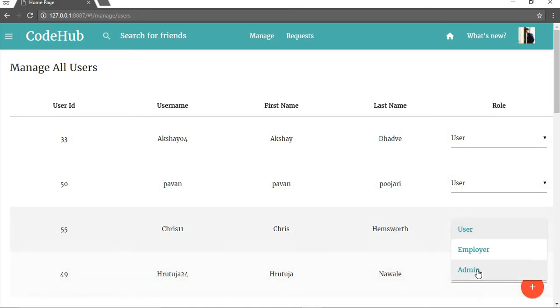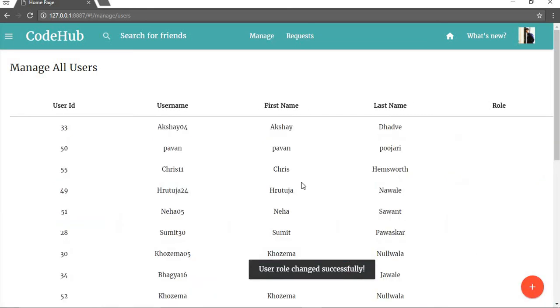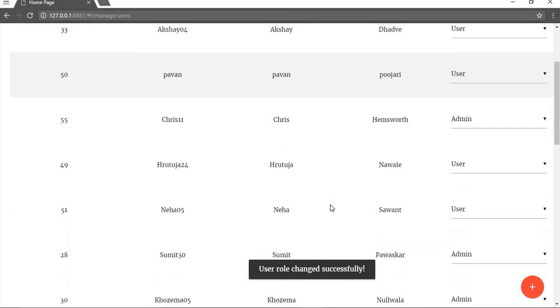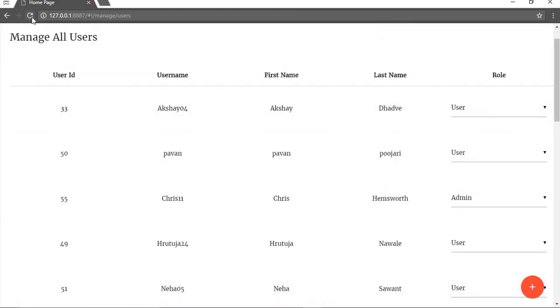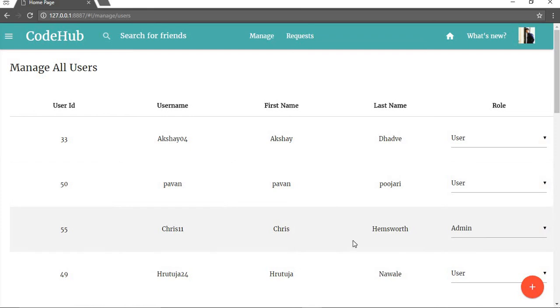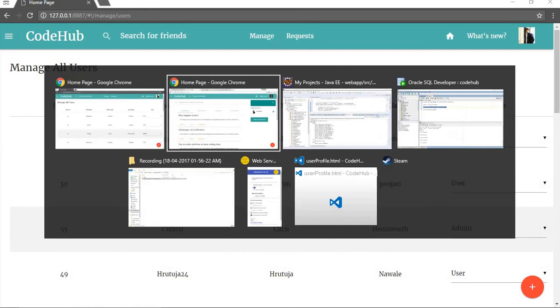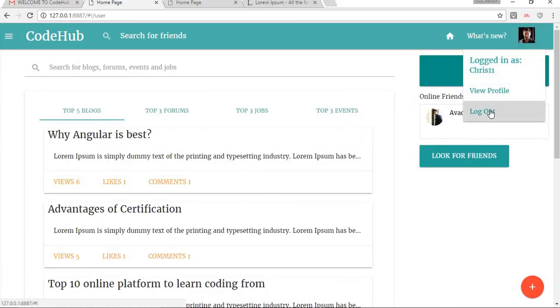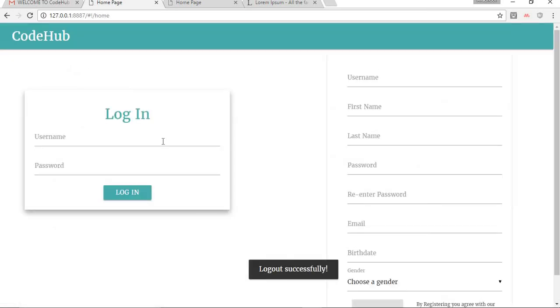So what we are going to do is select the admin and just refresh the page to make sure that his role has been changed successfully. Yes, so the role has been changed. Now what we are going to do is log out first and log in again. So here I am going to log in again,